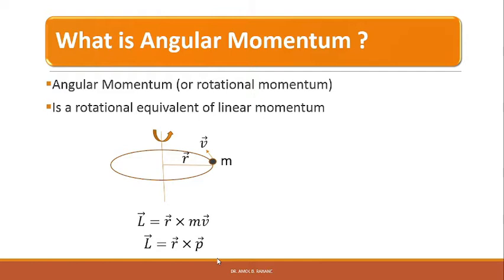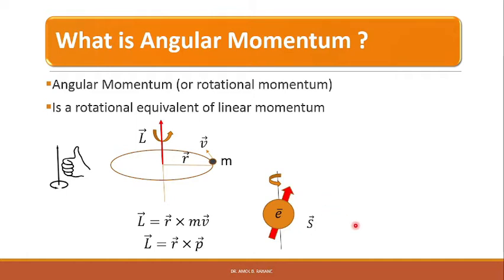The orbital angular momentum, like the linear momentum, is a vector and is denoted by L vector. Its direction is given by right hand rule and it is directed along the axis of rotation. In addition to the orbital angular momentum, the electron also possesses the spin angular momentum due to its spin, which is denoted by S vector. The coupling between orbital and spin momenta of the electron gives rise to the total angular momentum J.